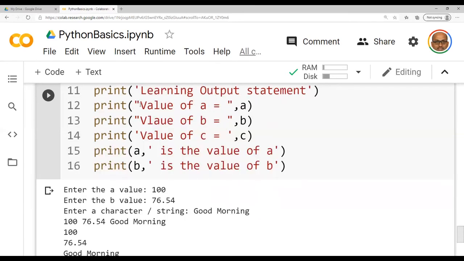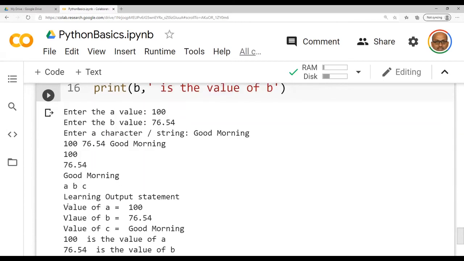Why? Because when you are giving something in quotes in the output statement, it is getting displayed as it is on the screen along with the value. Similarly, I have typed with a spelling mistake, and that also is getting displayed as it is. If I give x is equal to in quotes, instead of value of B, you will have x is equal to. Value of C is equal to, this is the value which you have obtained, that is good morning here. This is giving me clearly that value of C is good morning.